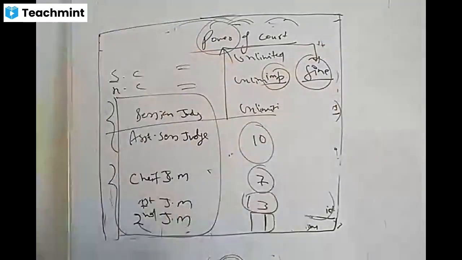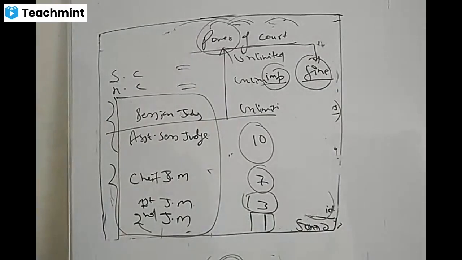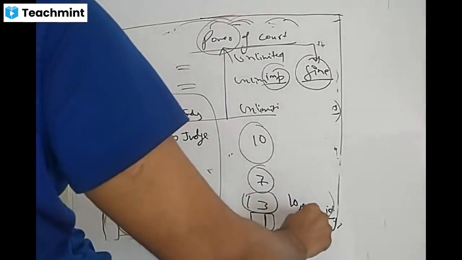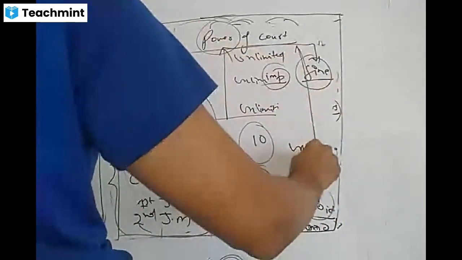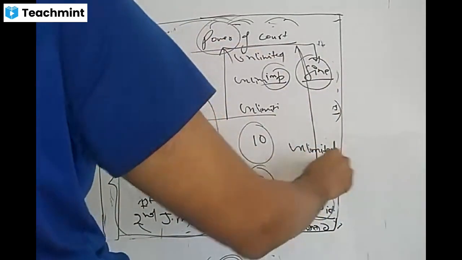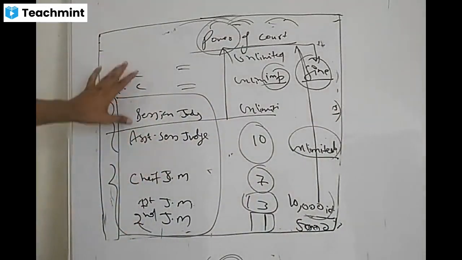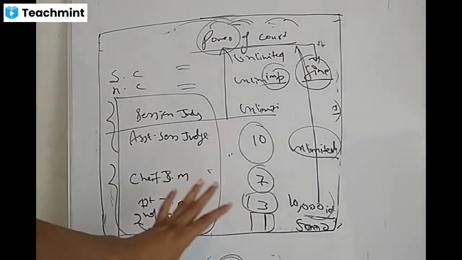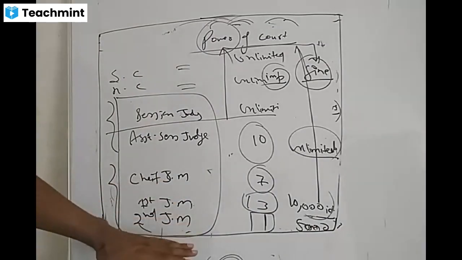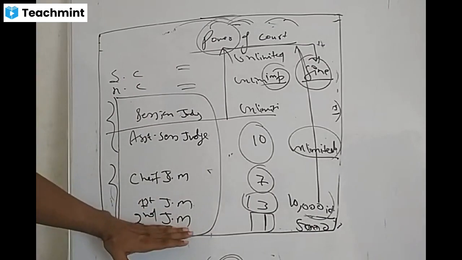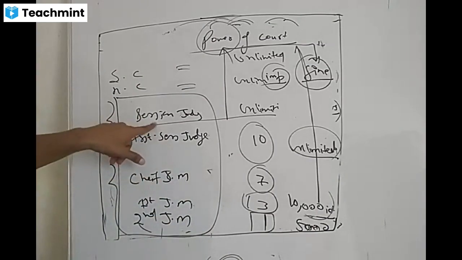Then what about the fine? Second class can give you 5,000 and first class magistrate may fine 10,000, and above this all unlimited. So this is how you can remember that there are mainly 3: Supreme, High and Session Court. In Session Court, there are 3 juniors, 2 seniors. The juniors start at the lower portion: second class judicial magistrate, first, chief, assistant, like assistant professor, then session.